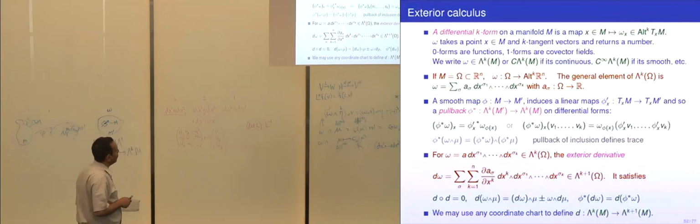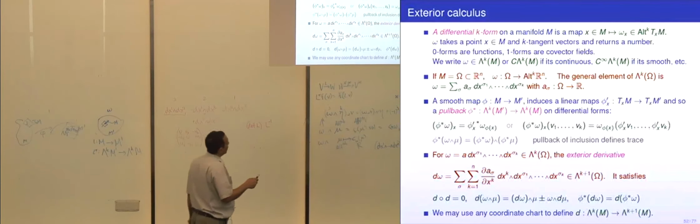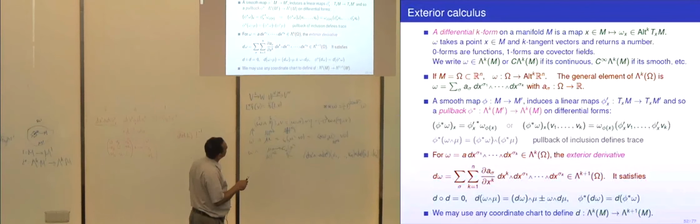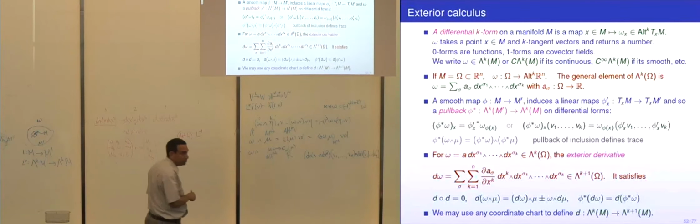What if we're on a manifold and not on a piece of Rn? Well, the manifold can be broken into pieces for which there's an isomorphism phi from a piece of Rn to the manifold. Then we use this formula here. And so we pull back to Rn and then take the exterior derivative there and push forward with the inverse map.